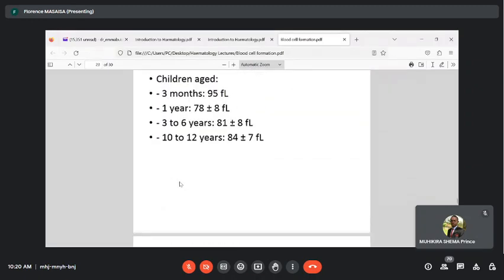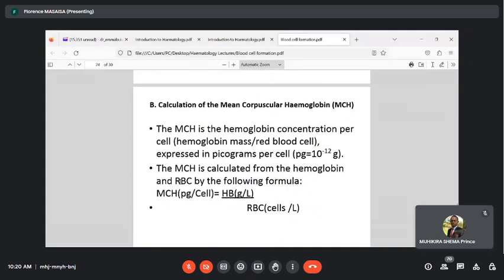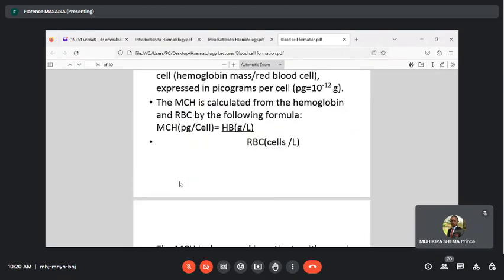This is per age. You can see that we have MCH, hemoglobin concentration per cell. So the normal range is here. You should also understand that because it helps you to know when you are dealing with microcytic anemia